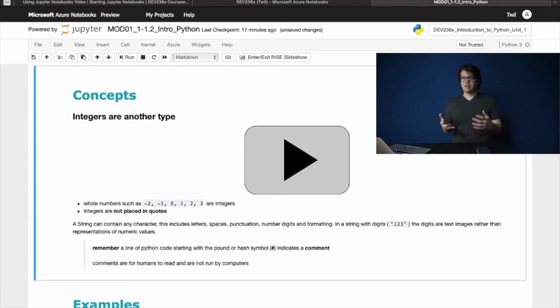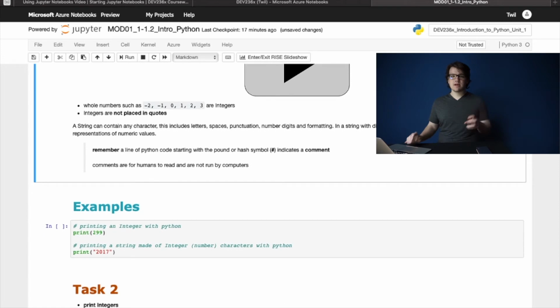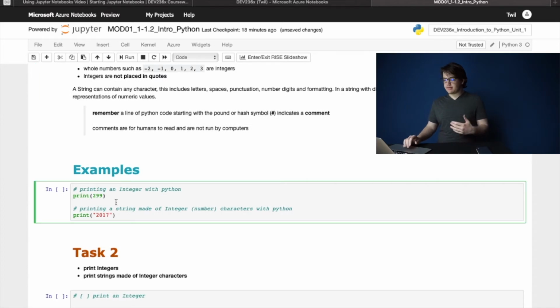Yeah, so let's go on the concepts on integers, another type. So we learned about the string, now integers. Integers are numbers, actually, without quotes. So you are not using a quote for the integer. So this is printing an integer with Python, and you can see here, because it has quotes, it's actually a string, and here you don't have quotes.